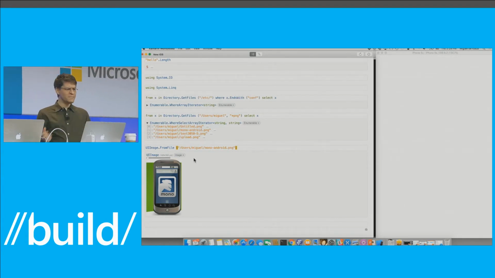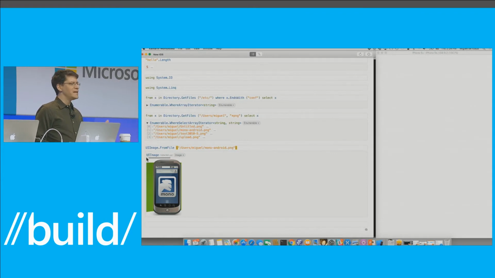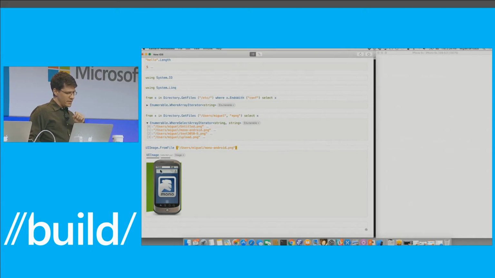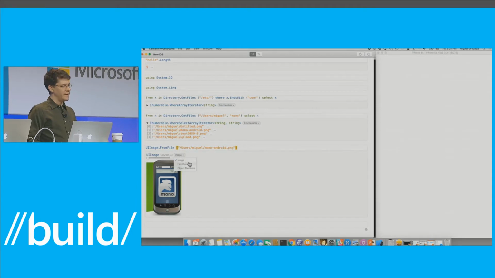So in this particular case, it's an image. And because images tend to have an alpha channel, we have a little slider here so you can, well, that doesn't have an alpha channel, so you can't see anything. But we'll get to that in a second. But I could change the alpha channel here so you could see what happens in that image. In the particular case of images, we have an image render, an XDump render. So let's take a look at that.